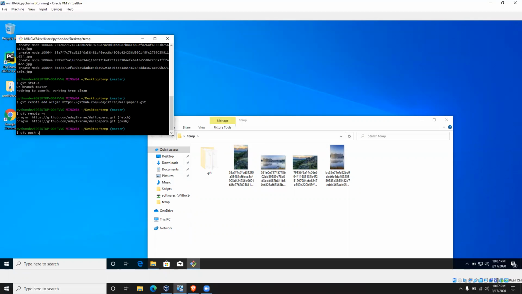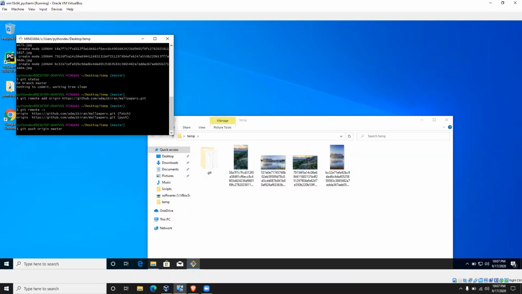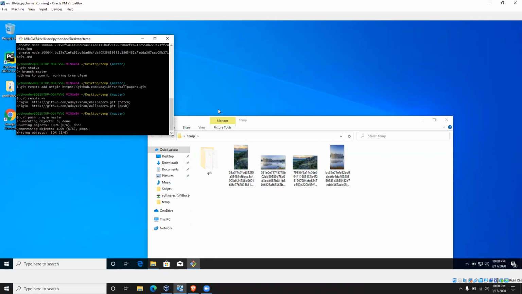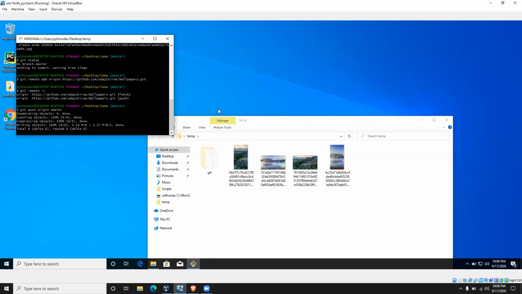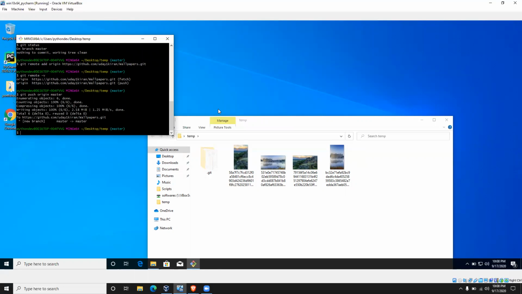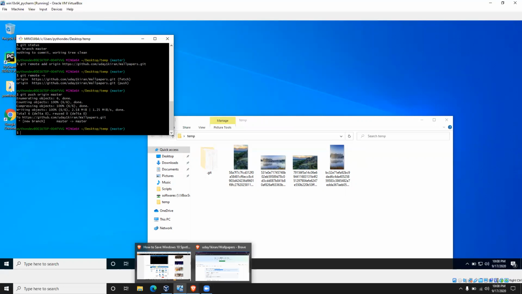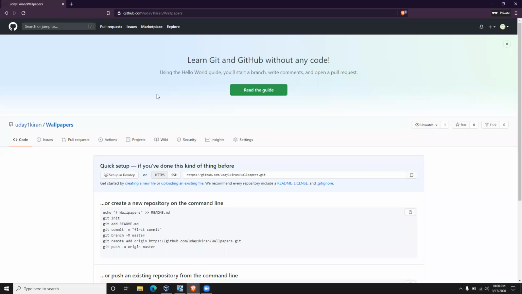So git push origin and the master branch. It will ask for the username and password. That's one for sure. Nice. Now refresh.